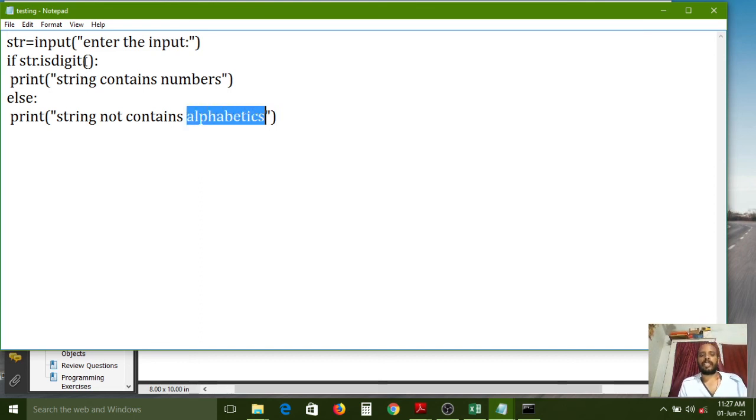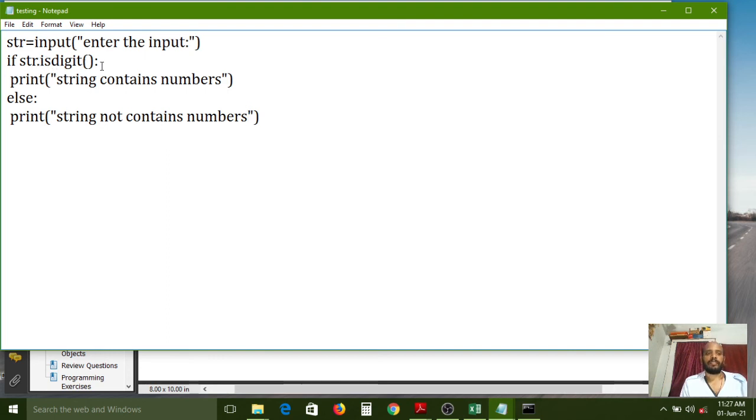Previously I checked whether it is alphabet or not. Now I am checking whether it is a number or not. For that I am using the isdigit function. Here please concentrate on the isdigit method. Whatever method I have configured here, while explaining, you need to concentrate here only.